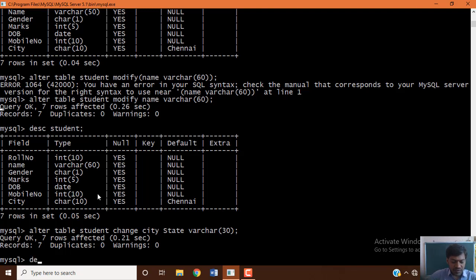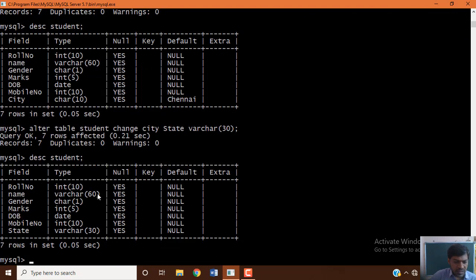Now again see the description of your table. DESC student. You can see now it is updated to state, and the particular data type and its size are also updated. Now just retrieve the data: select star from student.